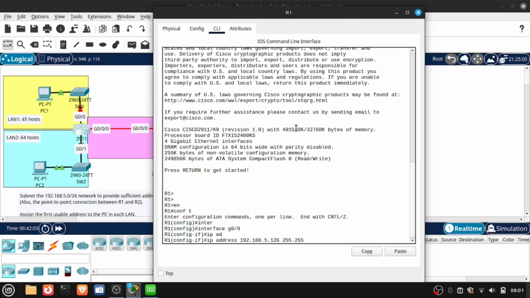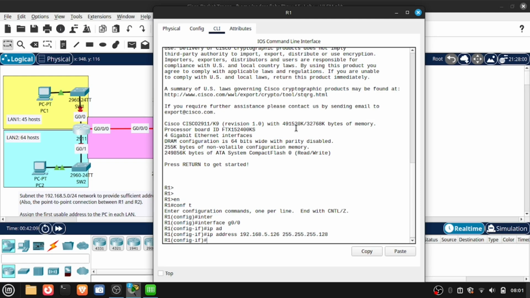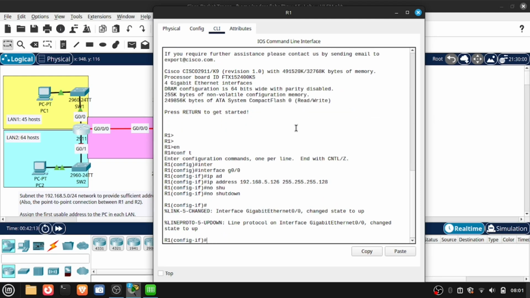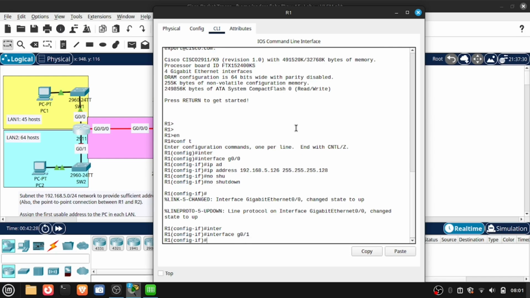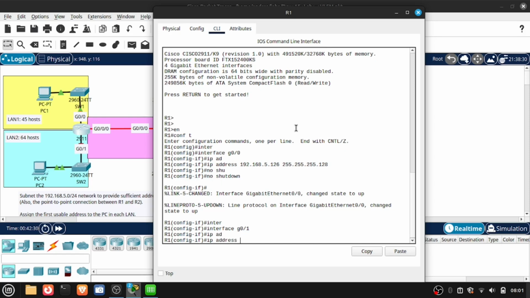Now the net mask 255.255.255.128. And now no shutdown to enable the interface. And why not, since we are here, configure interface gigabit 0/1, IP address,